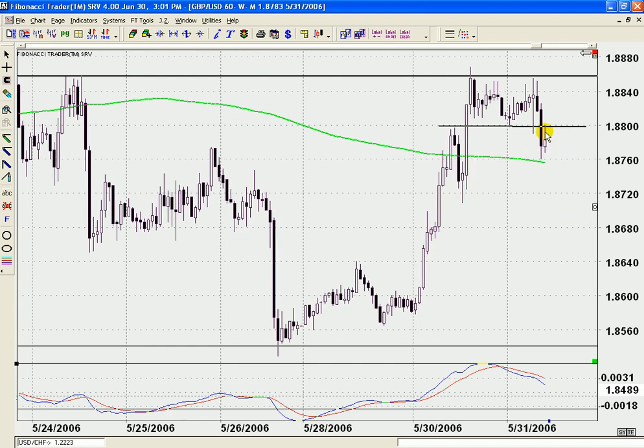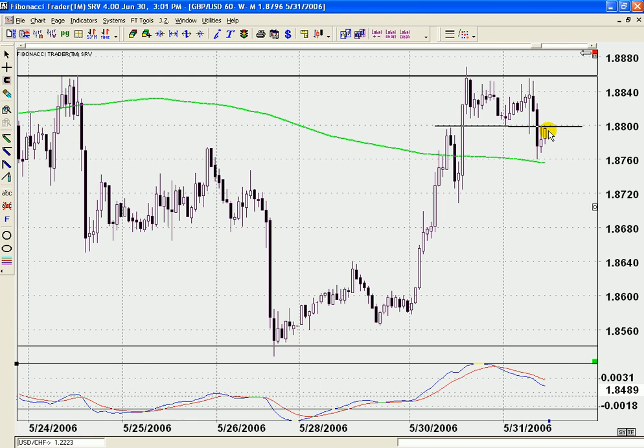So here we come back and test it. Where would you make your trade? Given that we're in the how to find an optimal entry section, and we've learned how to make an optimal entry, where would you make your trade? You will make your trade as price is moving within this range, staring 8800 right in the face,